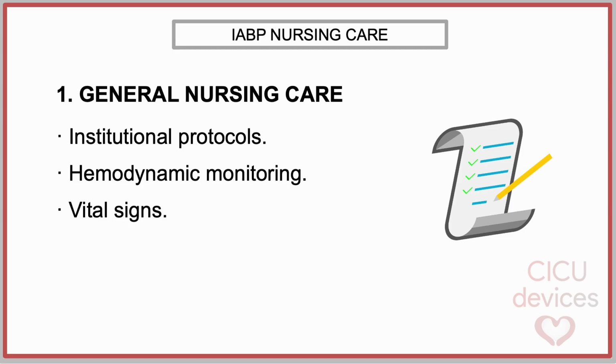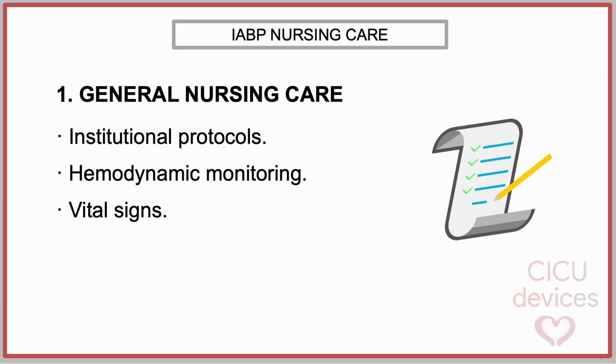Standard institutional protocols should be followed regarding nursing care, including infection prevention and pressure injury prevention measures. Hemodynamic monitoring and regular assessment of vital signs are fundamental components of patient care during IABP therapy. Heart rate, arterial blood pressure, oxygen saturation, respiratory rate, urine output, and temperature should be monitored continuously or at regular intervals according to ICU protocols. Any sudden change in hemodynamic status may indicate a device-related problem or deterioration of the patient's clinical condition and should